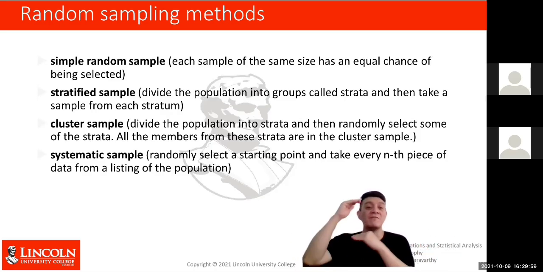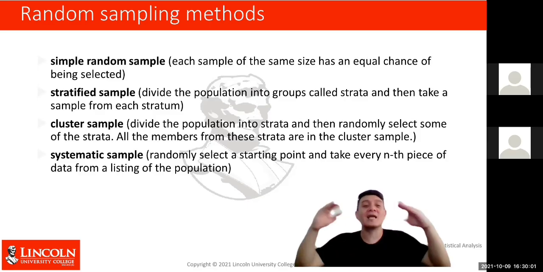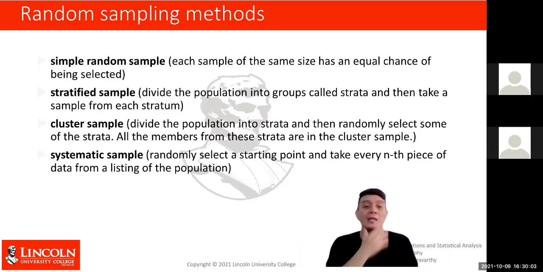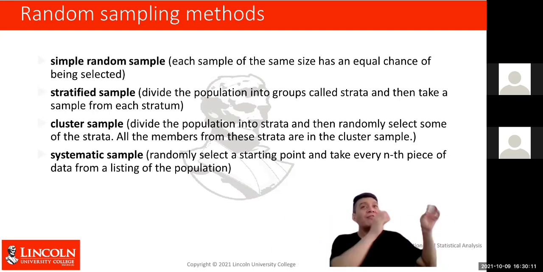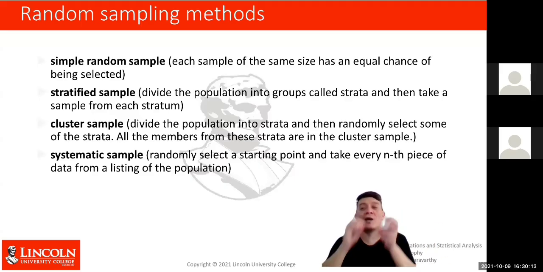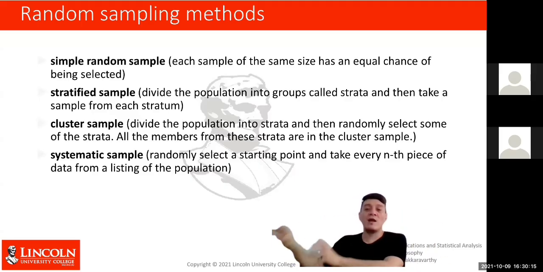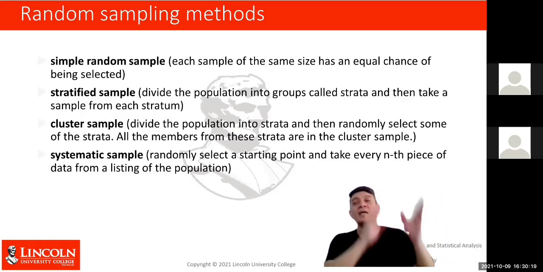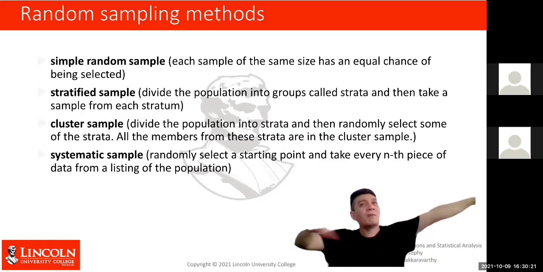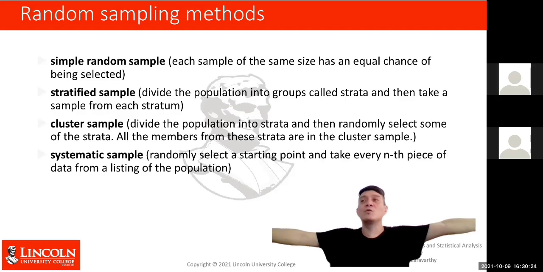It's not just the divisions, but in the strata, you cluster them further. So systematic sampling is to randomly select a start point and take every nth piece of the data. For example, every third of this population I will choose. Every third, or every second week of vaccine. So these are the number of populations who had been vaccinated with COVID-19,